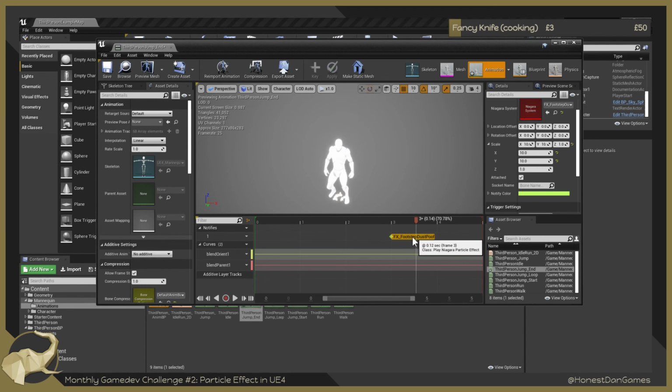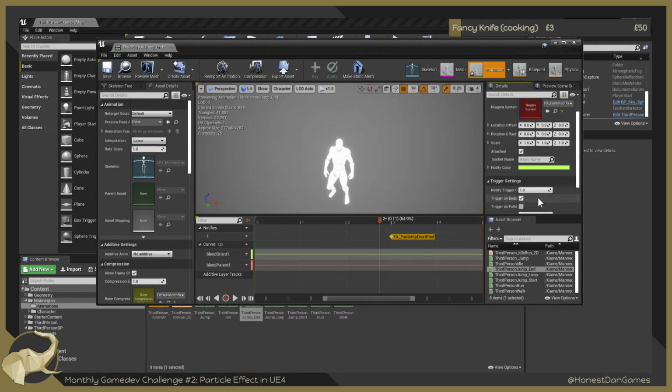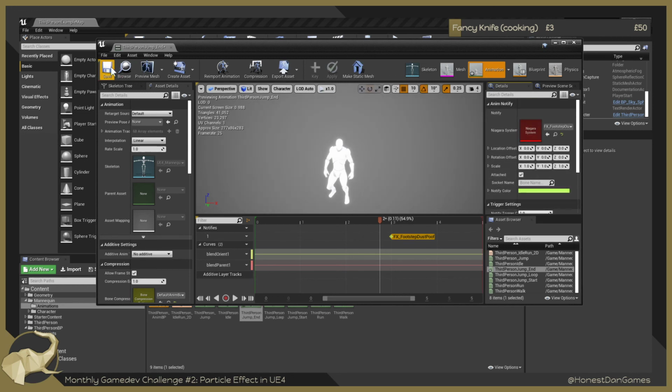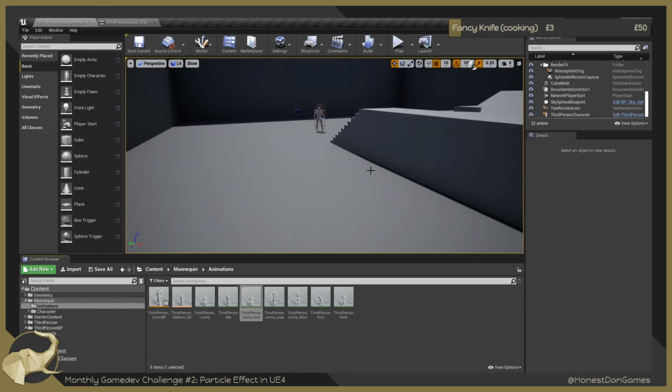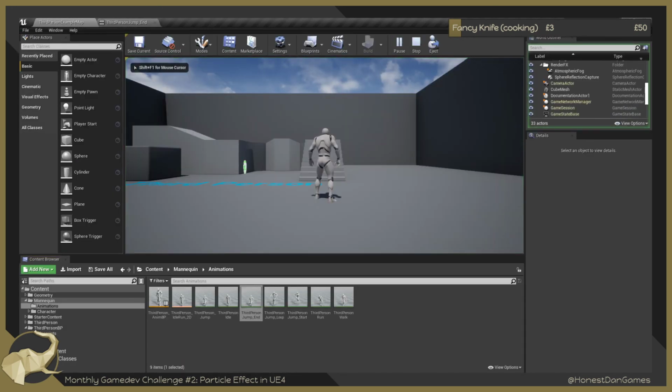But anyway, the idea here is the same. I don't know why the scale's not working. That's something we can maybe have a little gander at another time. I can't see anything else that's going to change the size of it. So for now, we'll just save that. That's essentially what we did on the running animation, but this one's a bit simpler. But now what we should see is if we jump and land,